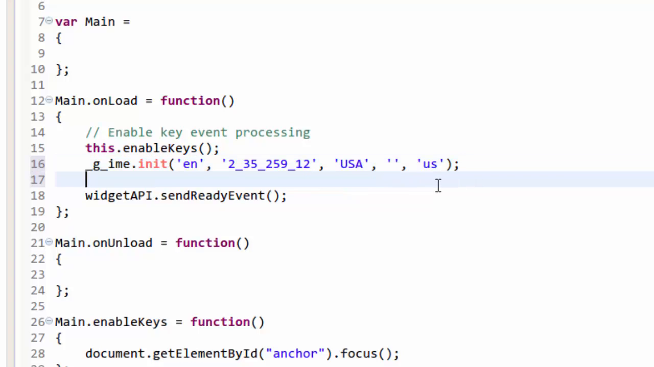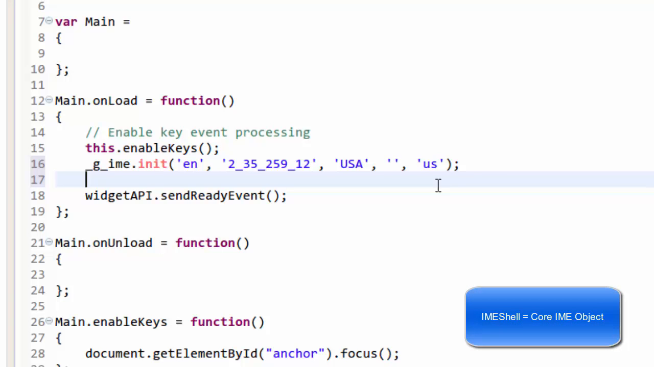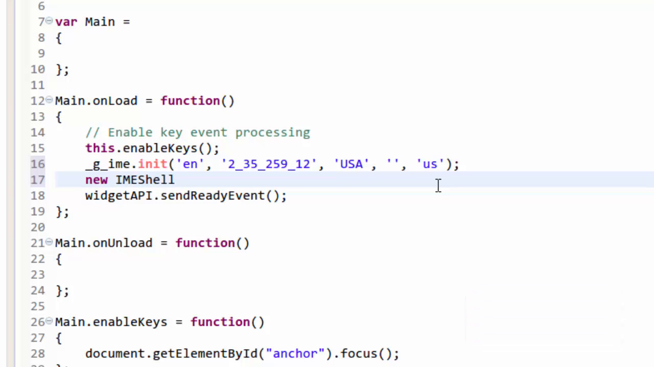Okay, so we have initialized this GIME init, and next we'll be initializing the core IME functionality called the IME shell. So this is how I'll initialize this new IME shell. Note the spelling here. JavaScript, as we all know, is case sensitive, and we need to provide the exact case for the functions to